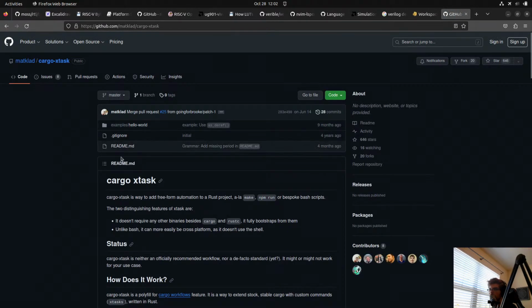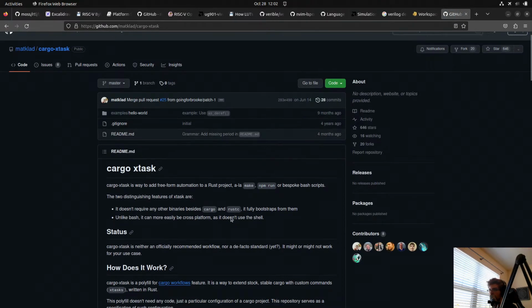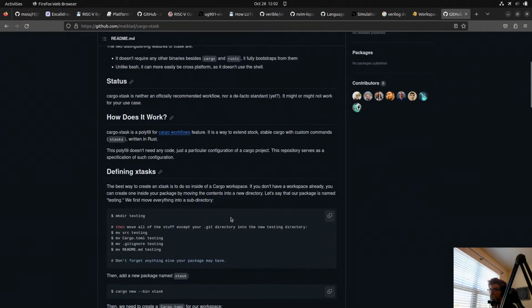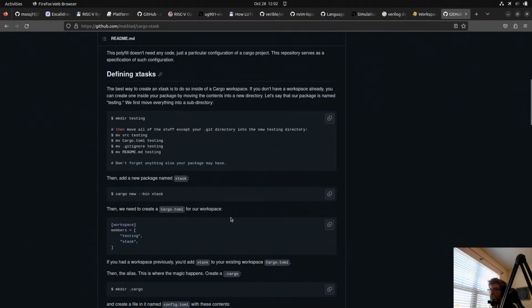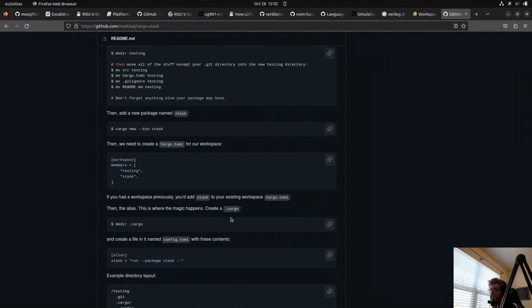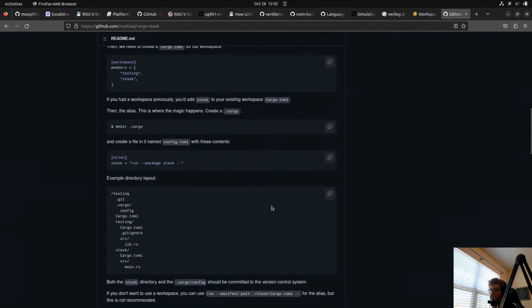or let's see. If you had a workspace previously, you'd add xtask to your existing workspace Cargo.toml.